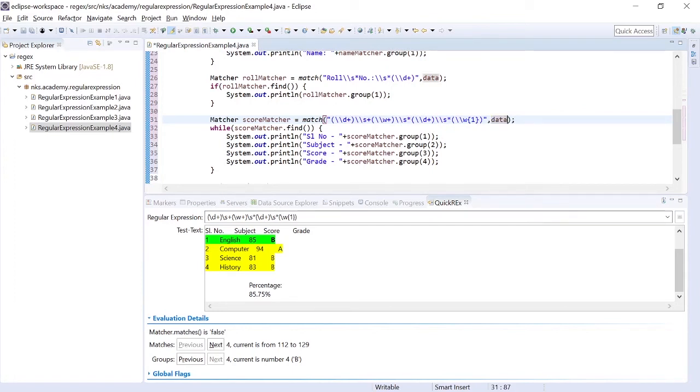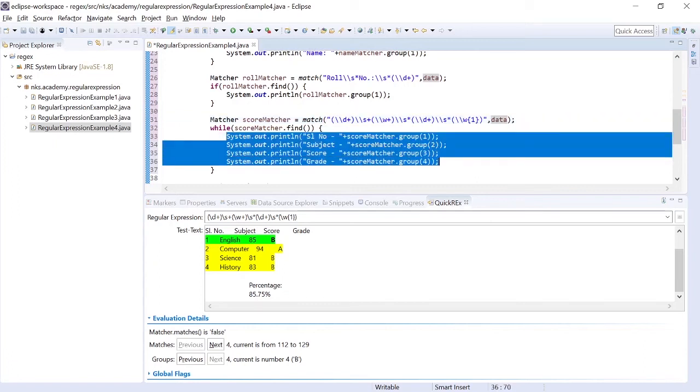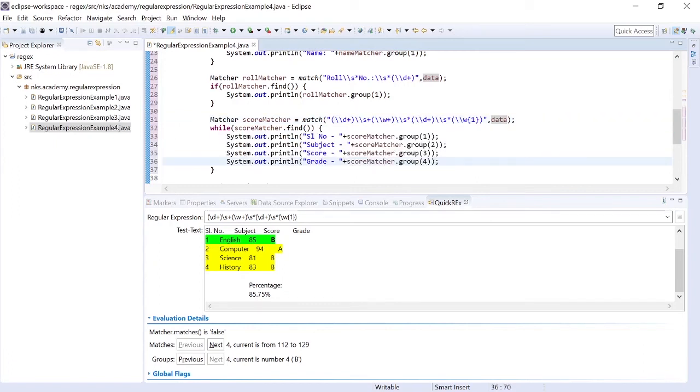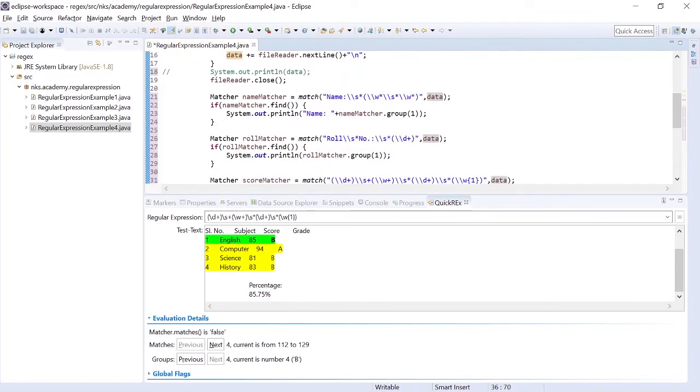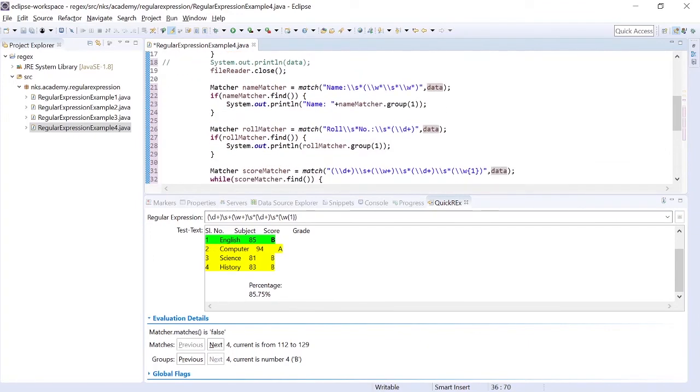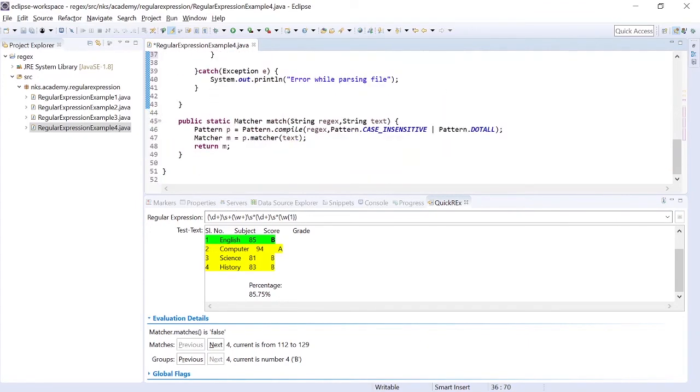So in the content of the file we are going to apply this regex, and in the formatted manner we are going to print it. What is the serial number, what is the subject, what is the score, and what is the grade. Okay, so it seems our program is ready. We can start debugging the program.